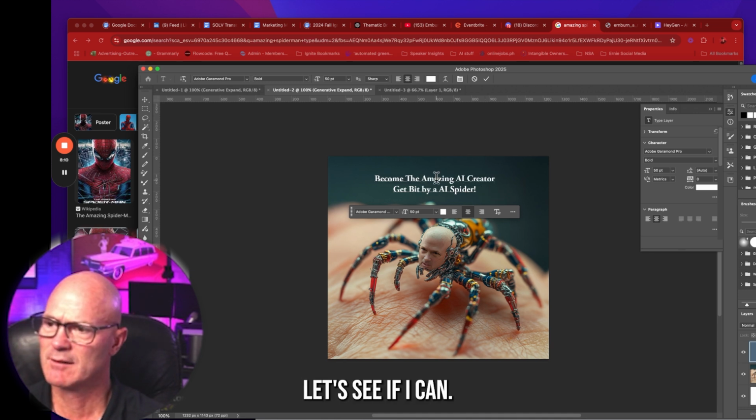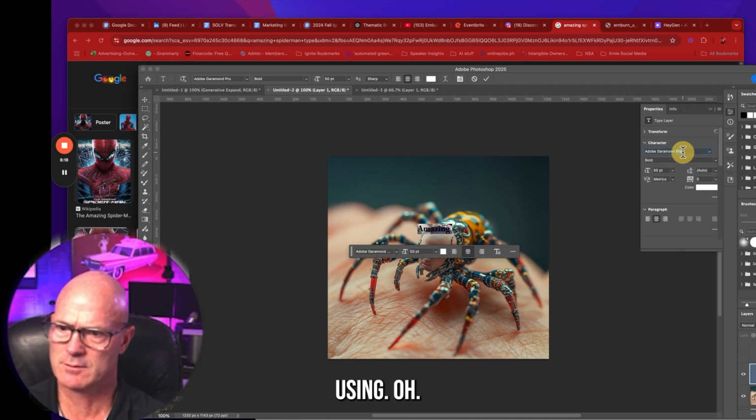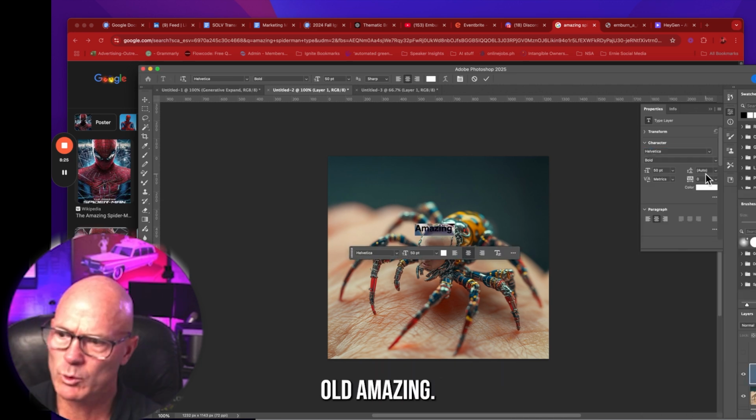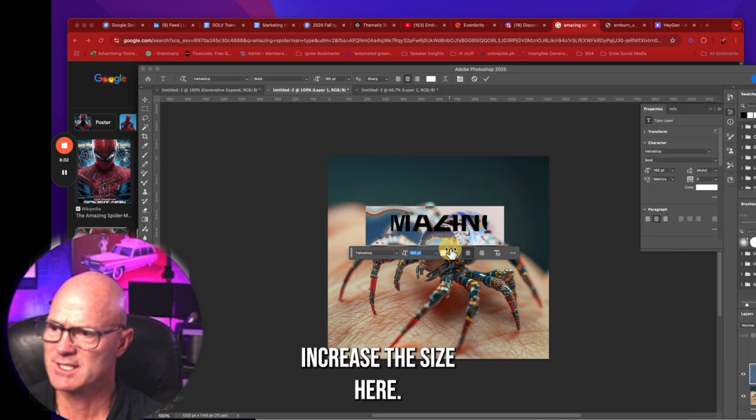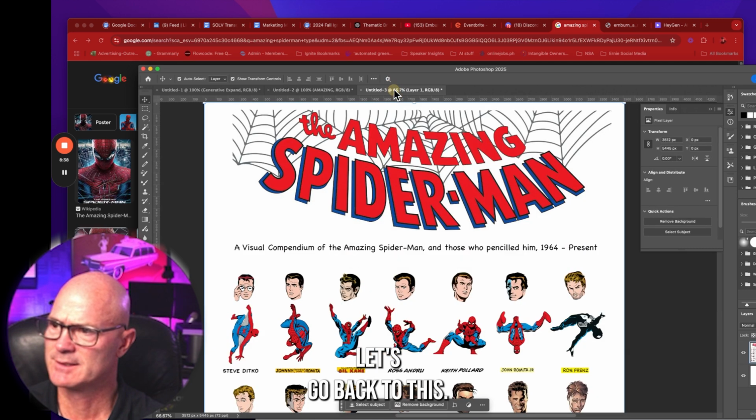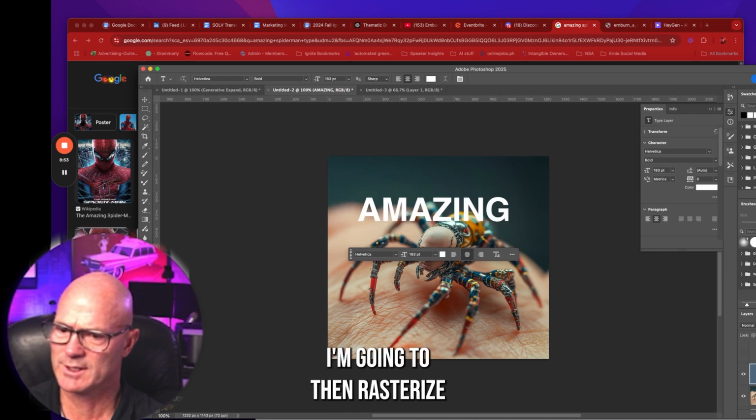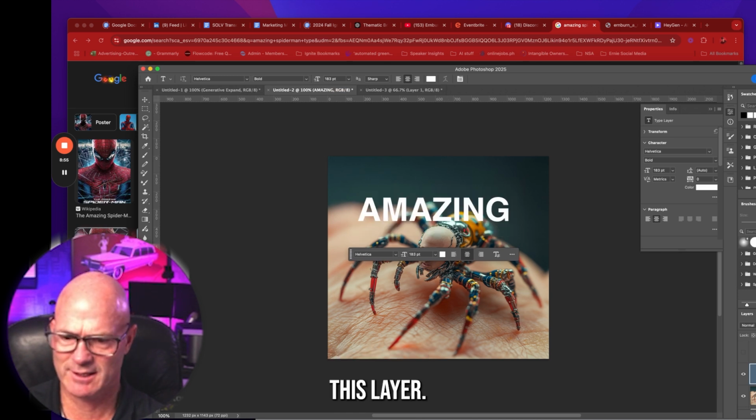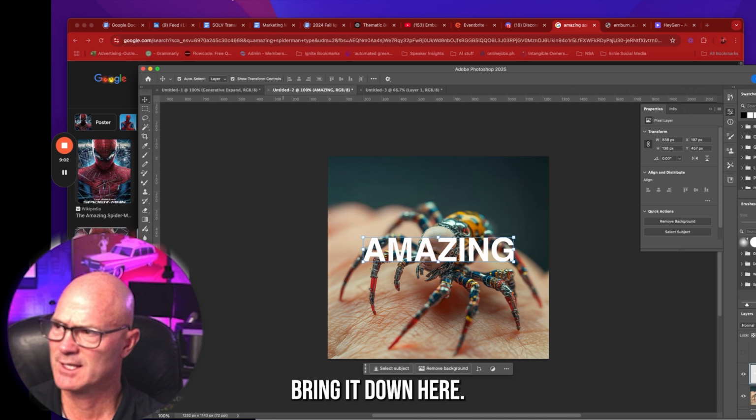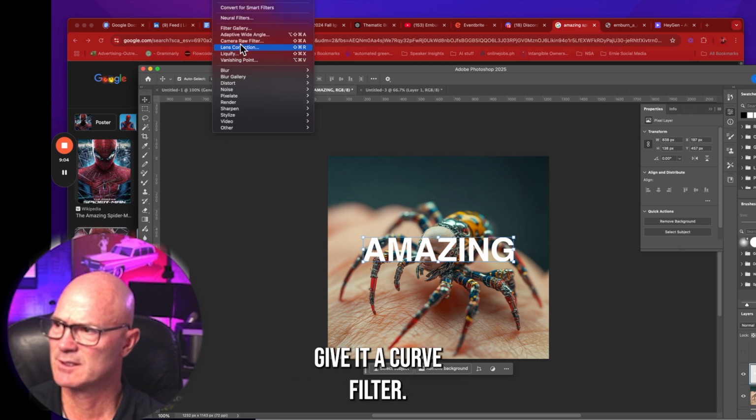Let's see if I can create "amazing" using Helvetica. Bold, amazing. Increase the size here. Let's go back to this. Amazing. It's on a curve. Okay. Just thinking I'm going to then rasterize this layer, bring it down here, give it a curve, filter,